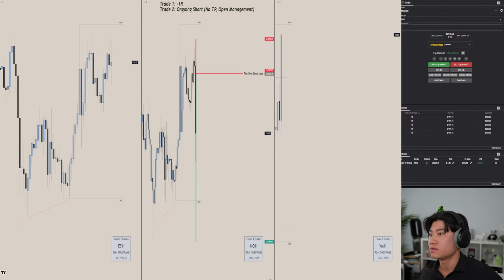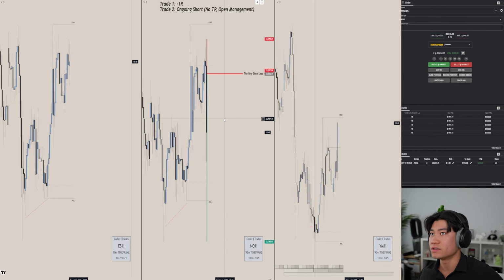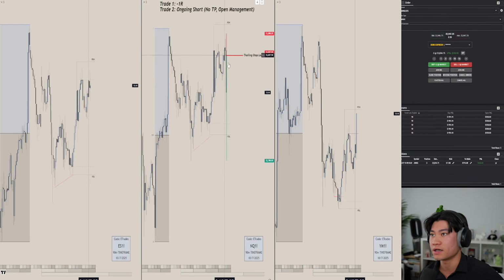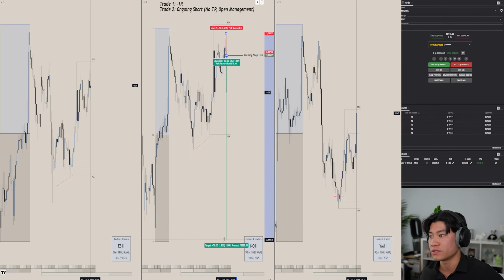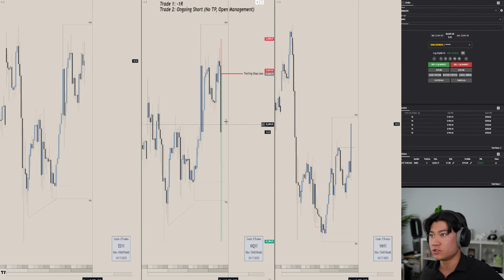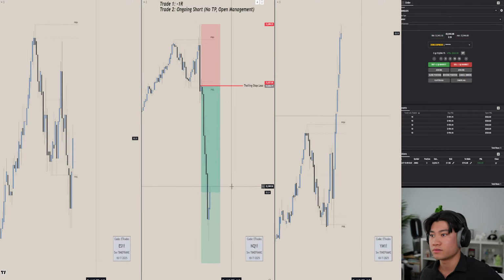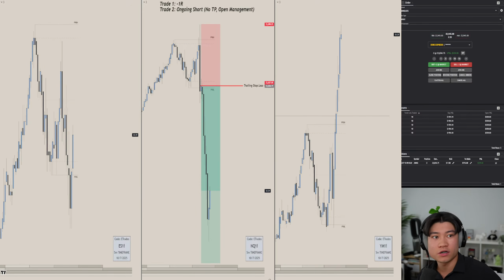But I just leave my stop at break even still. The reason why is because we have so many confluences for shorts that I think this could be a very good swing, or even just a further target lower. So I'm going to let it ride just to keep the earning potential here, because -1R on the day will not kill me.